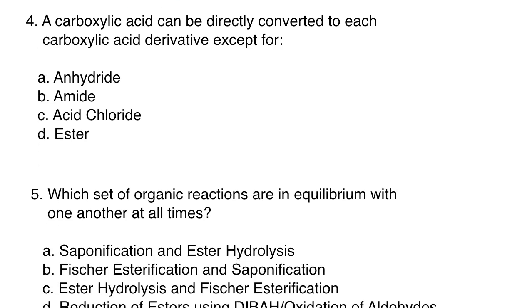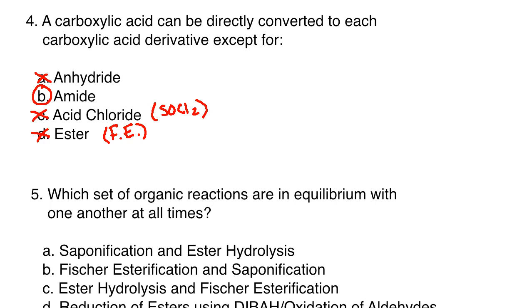All right, 4. A carboxylic acid can be directly converted to each carboxylic acid derivative except for, okay, so if you take a look at these, the correct answer here would be B. It's an amide, all right? Now, how do I know that? Well, I can take a carboxylic acid over to an ester using the Fischer esterification, which I'm going to abbreviate as FE there. The acid chloride can be directly obtained using SOCl2